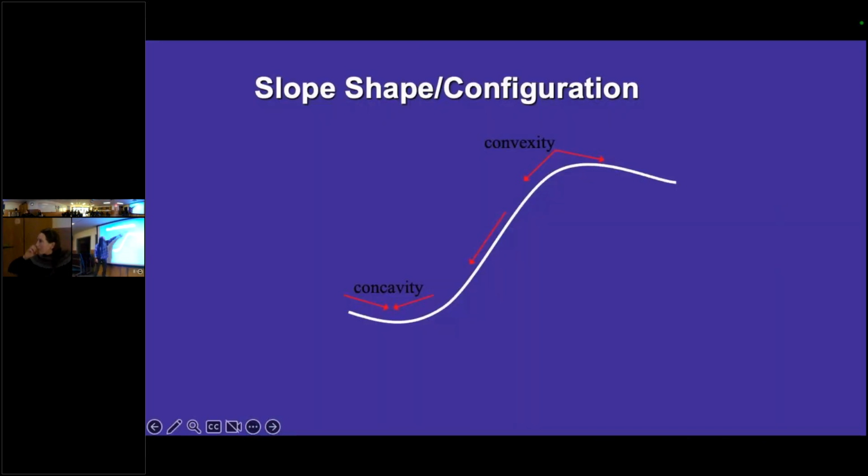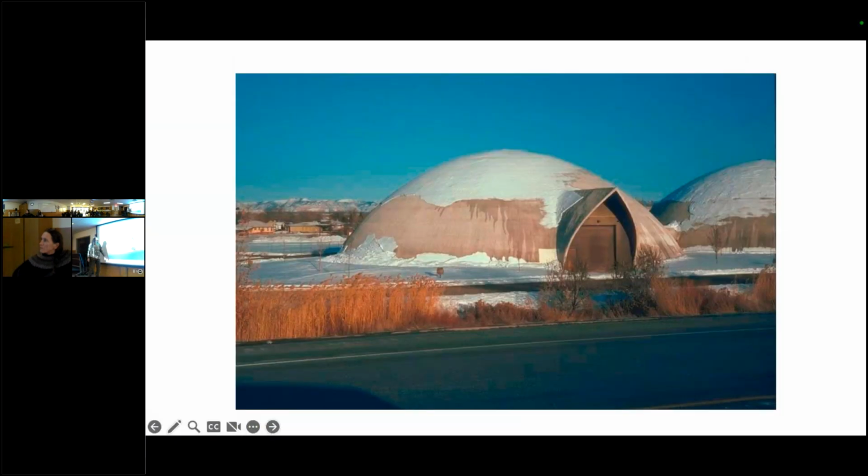Again, convexity versus the concavity. This right here is where the slope is going to get triggered most likely, right at that rollover. And here's a prime example of that, that specific angle. It's not steep enough up here, but right here it's probably about 38 degrees.